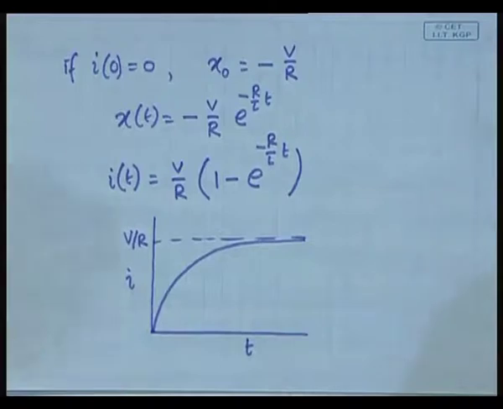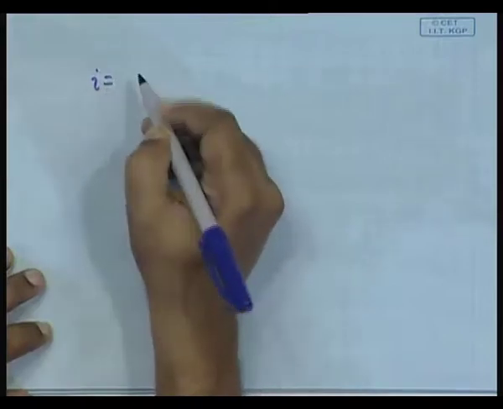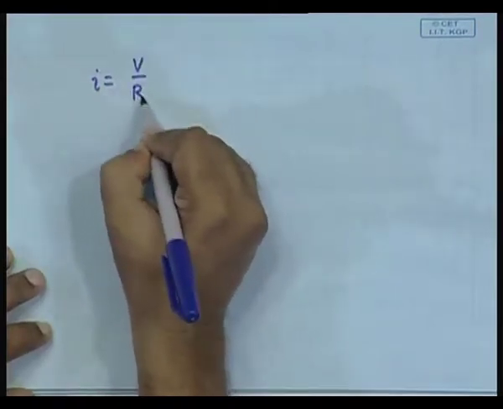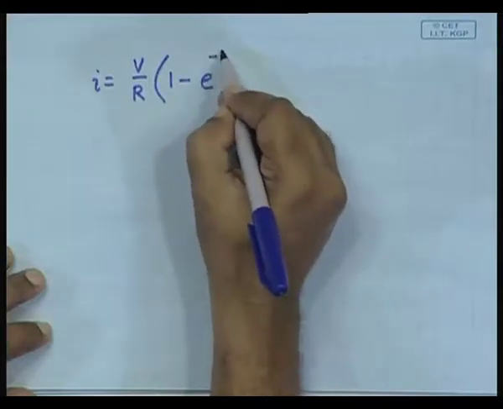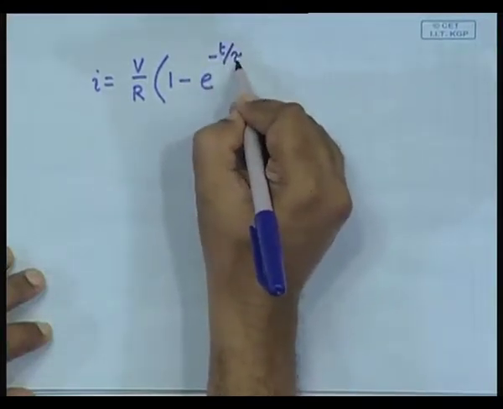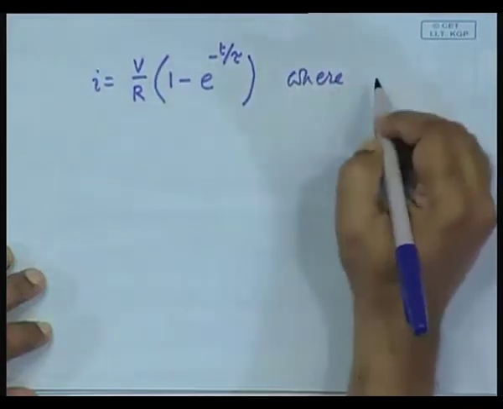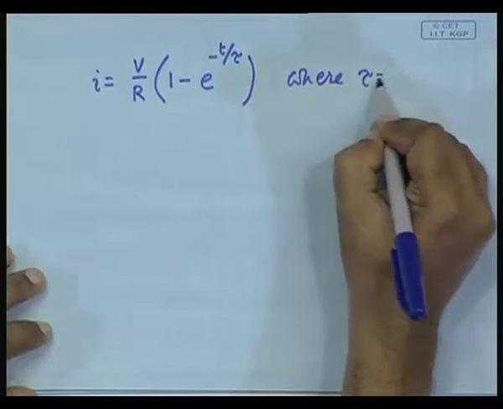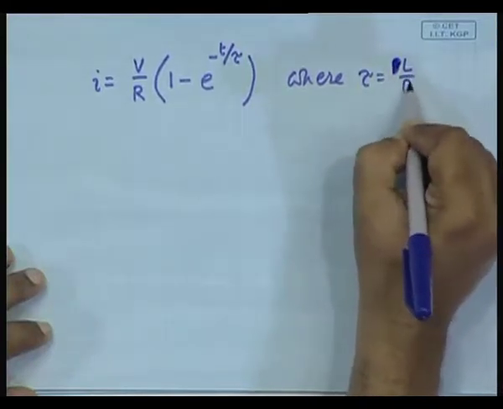The standard way of answering that question is to write the solution in the form I is equal to V by R times 1 minus e to the power minus t by tau, where in this case tau is equal to